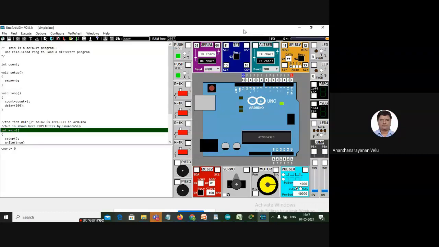And one more simulator before closing is called UnoArduSim. This is another simulator for basic Arduino programs. You can also make use of the simulator for testing any sensors and actuators. So we have introduced two more simulators. One is the powerful Cisco Packet Tracer for IoT simulation. Another is UnoArduSim. So with that, I will conclude from my side. If there are any queries, I'm happy to answer.